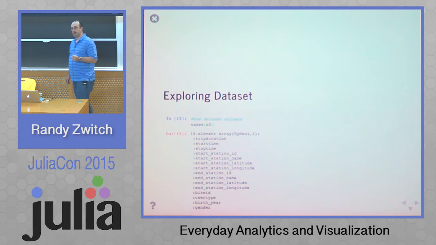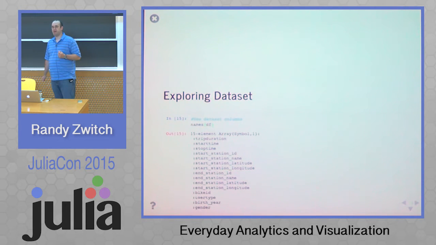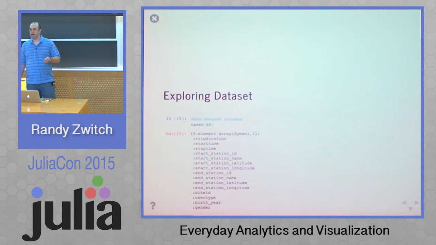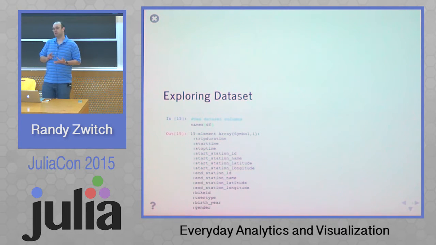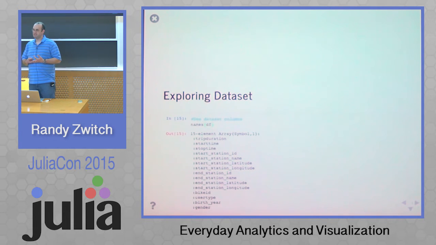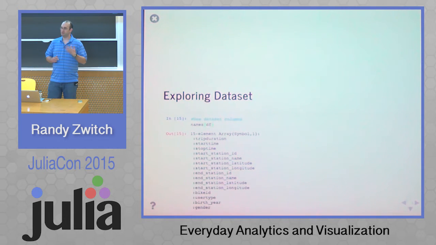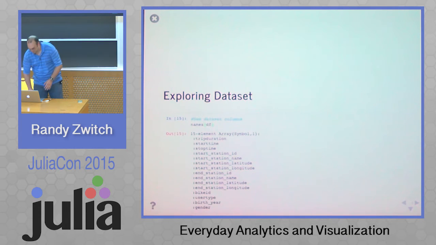So they do provide some demographic statistics, or demographic attributes, excuse me, so that we can calculate statistics and understand how people are using the bike share program in New York City. We can understand by age, by gender, and then by the type of license that you have, whether you have a subscription or you're a one-time rider.